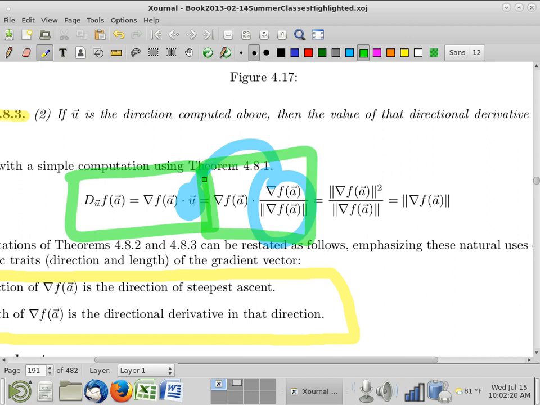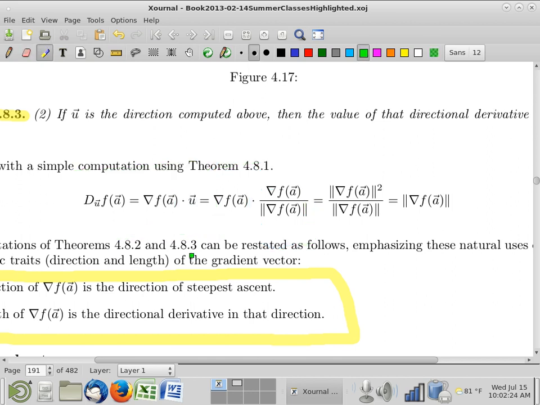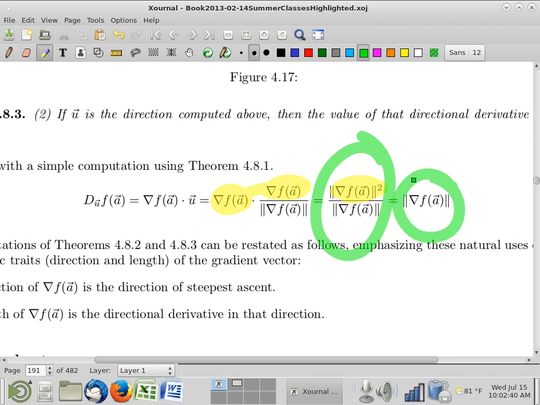So that turns into that. Gradient dot gradient is gradient squared, magnitude of gradient squared. So altogether I have magnitude squared divided by magnitude, and that gives me magnitude. So weirdly,